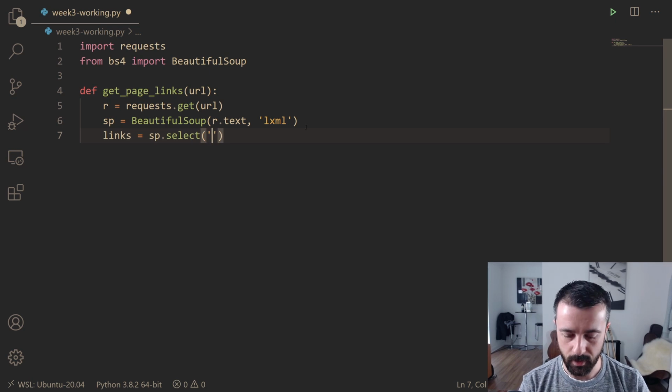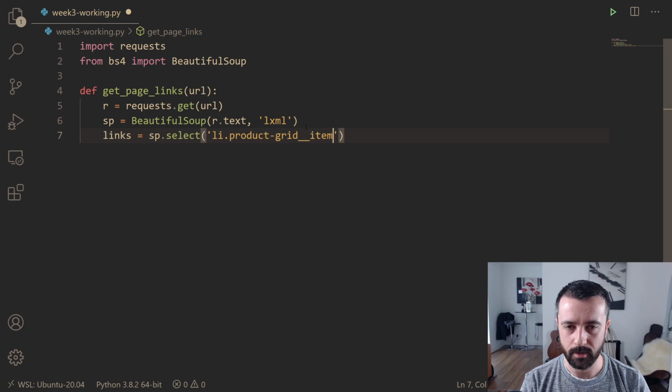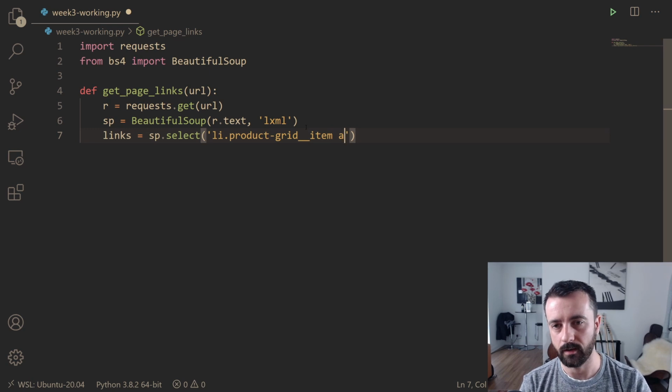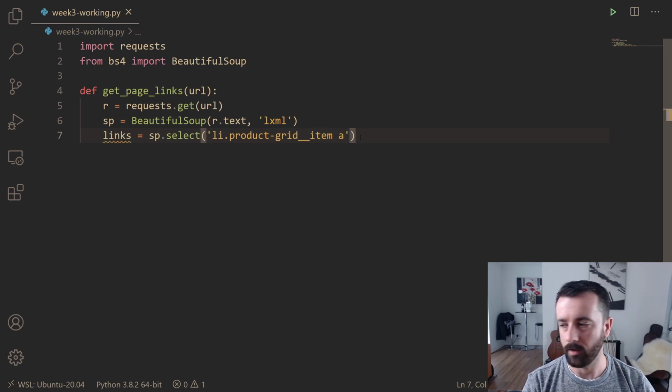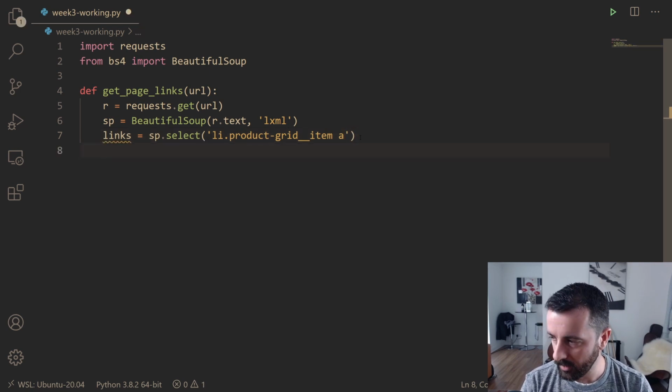Now we want to say it was an li with the class of this, and then by giving it a space and then the A tag, we are saying we want all of the A tags that come under this specific list item with this class name. So that's going to get all of them out. So if I was to print the links now,